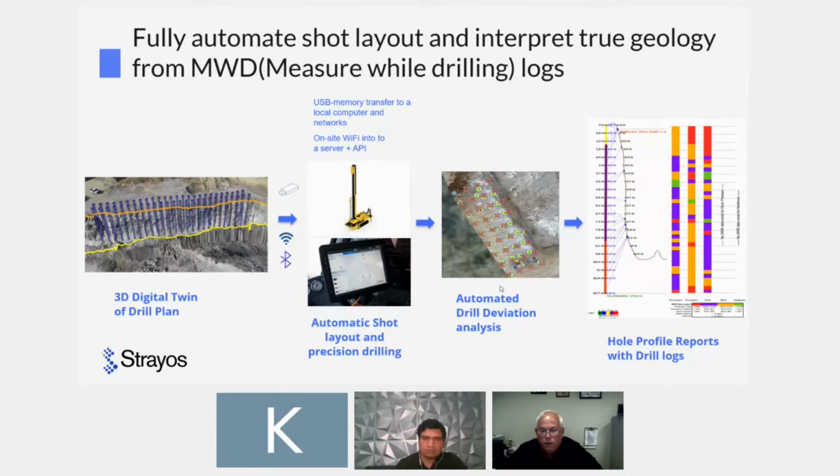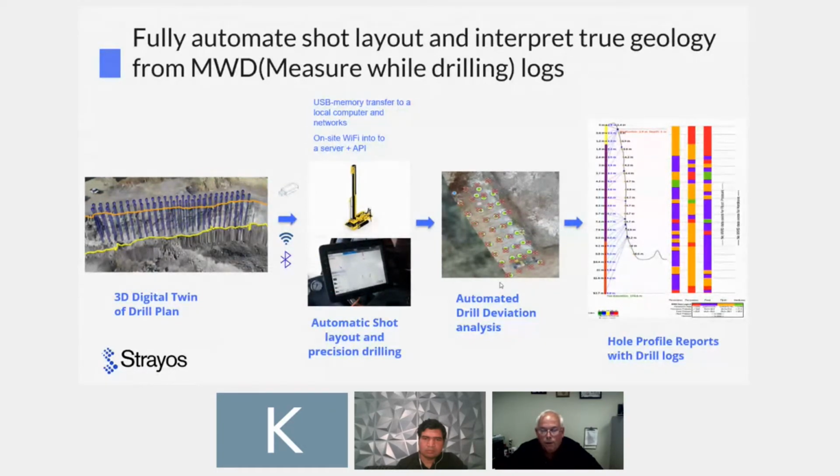and converts it into a shot plan that you actually drill. And with the automated drill hole, it tells you where the hole was planned, which is the green dots, versus the red X's where it actually was drilled. And how does that affect your performance? It allows you to see right off the bat that I designed it here, but we actually drilled it here. Why was there a problem? What's the issue? Why didn't we get it as designed? And there are many reasons why the hole wasn't drilled where it was planned, but why is the biggest question.